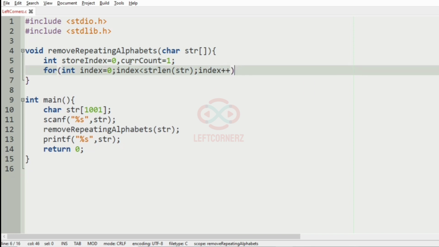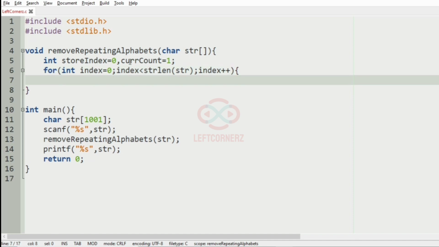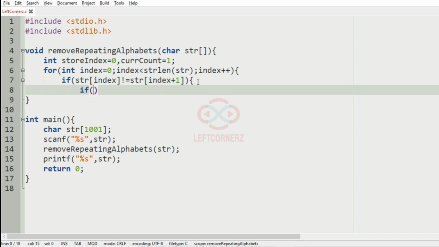Then here we'll have to check whether the value is recurring or not. So if the str of index is not equal to the str of index plus 1, that is if the value is not same, then we are going to check whether the current count mod 2 equal to 1, that is whether it is even or not.